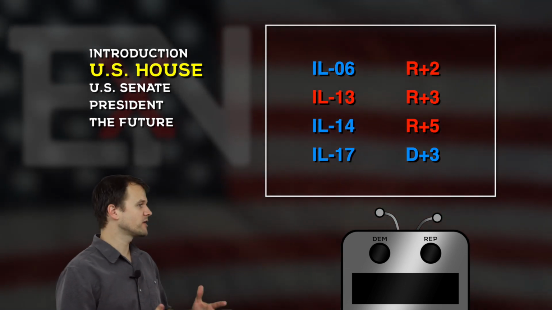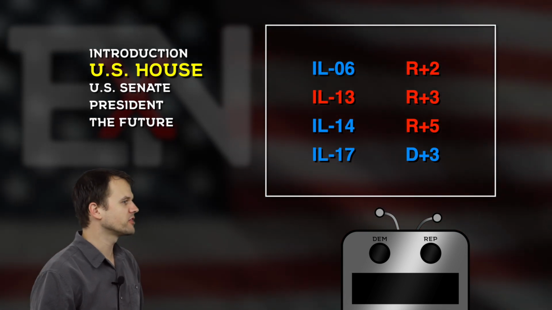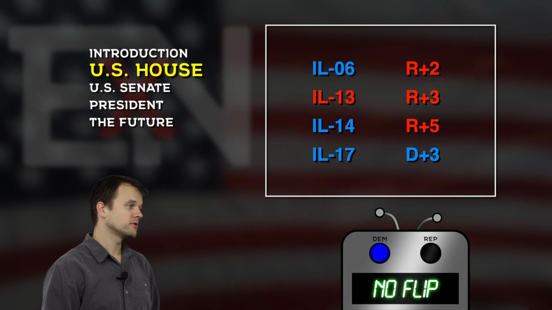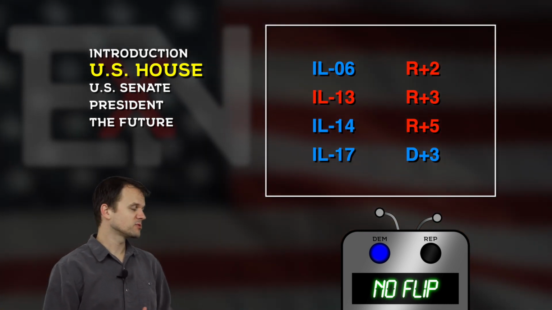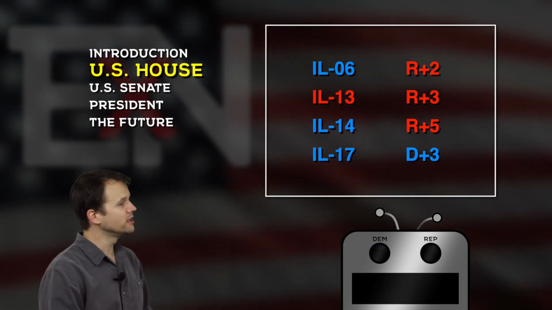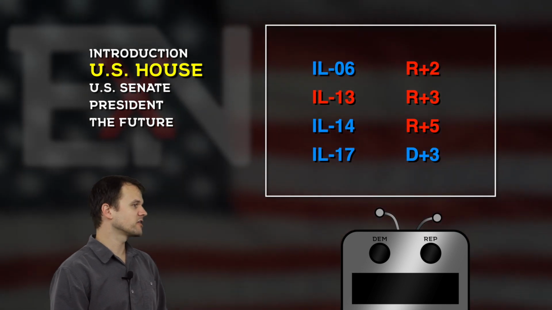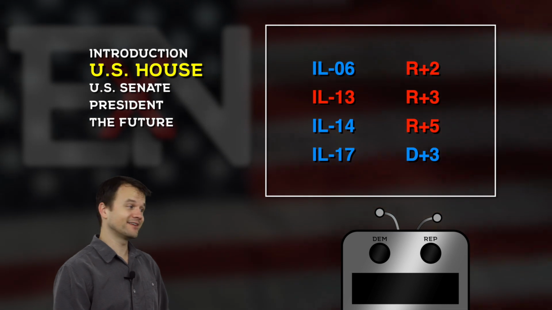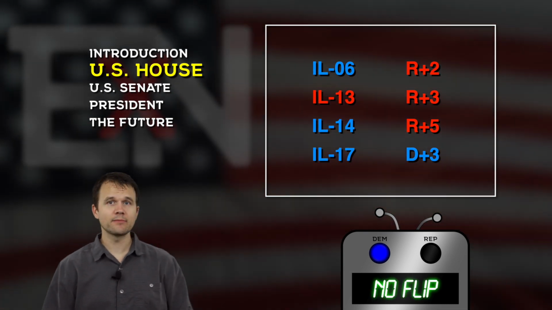So next we have Illinois 14th, currently controlled by a freshman Democratic representative with a lean of Republican +5. Paulbot, how does that go? Okay, and we have another hold in Democrats' favor, freshman representative in that district holding on for another 2 years. And lastly, we have Illinois 17th, another rural district. Paulbot, how's that going to go with a Democratic representative in a district that is Democratic leaning? Okay, and as expected, the 17th is going to stay Democrat.